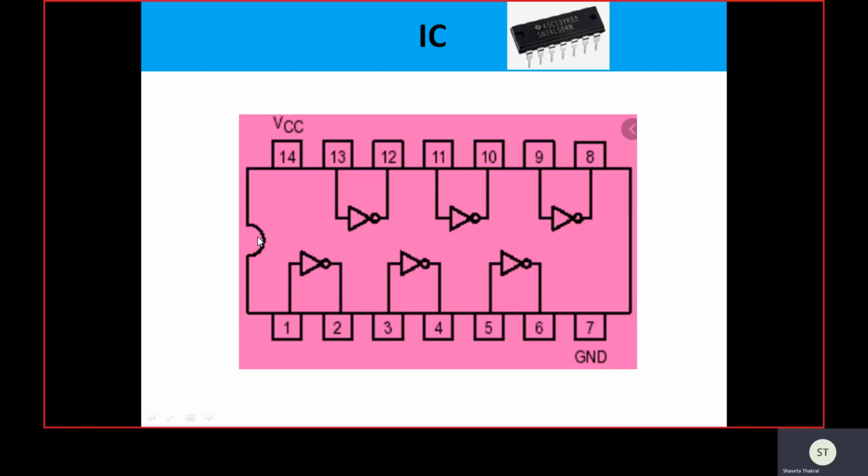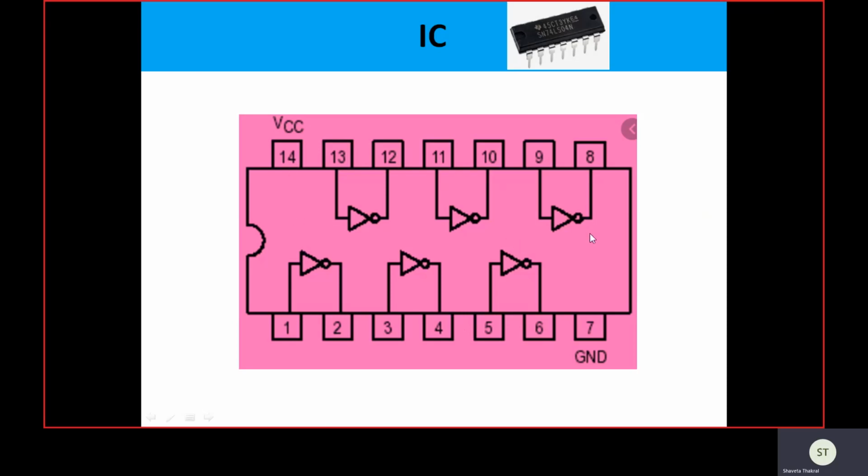But in every IC, a notch or cut is there. So this particular notch or cut we put on the left side, and we identify that the left side bottom is considered to be pin number 1, and then we keep on counting till the last pin. For this particular IC, the last pin on the bottom side is 7. So in front of 7 on the other side, we continue the numbering, that is after 7 here we have 8. Then after that the counting proceeds from right to left till we have the last pin. So the last pin here is pin number 14.